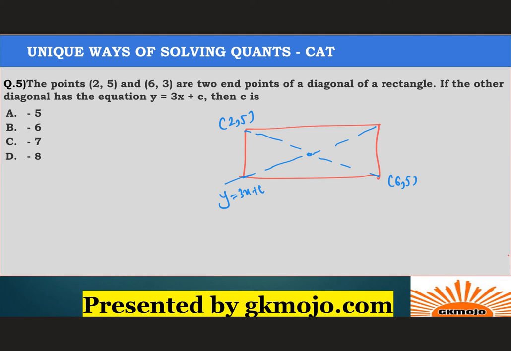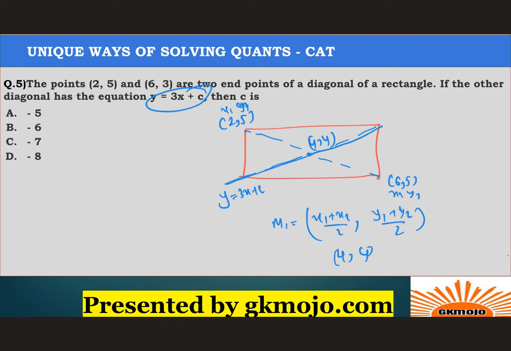कैसे find out करोगे? पहले तो mid point find out कर लेते हैं. Mid point कैसे find out करते हैं? If this is x1, y1, and this is x2, y2, midpoint is equal to x1 plus x2 upon 2, comma y1 plus y2 upon 2, right? So यहाँ पे क्या आएगा? 6 plus 2, 8 by 2, that is 4, और यहाँ पे भी 4. So midpoint क्या आ गया आपका? 4, 4, right? So this midpoint is lying on this line, and this line's equation is y equals 3x plus c. तो कुछ नहीं करना है, बस y और x के जगह 4, 4 डाल देना है. So 4 is equal to 3 into 4 plus c, and c is equal to 4 minus 12, which is minus 8, and that is the correct answer, option D.